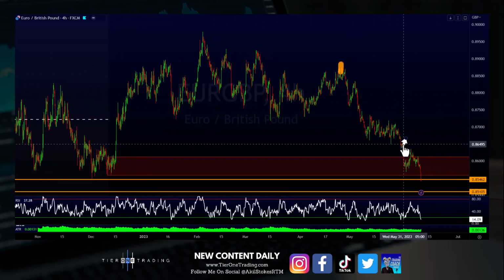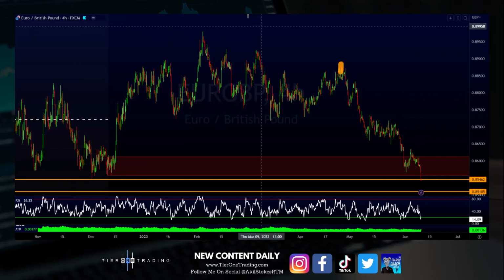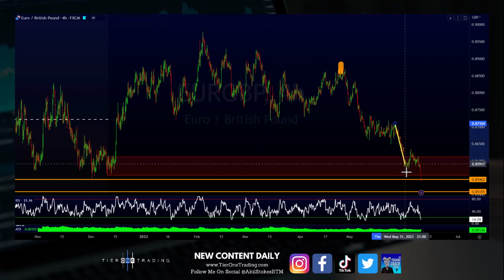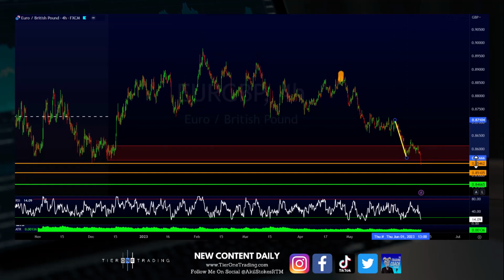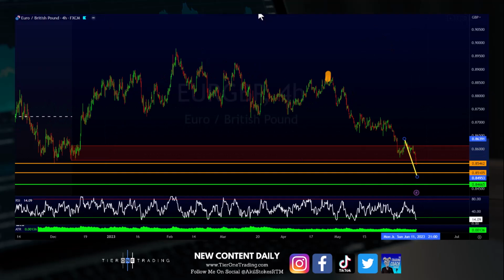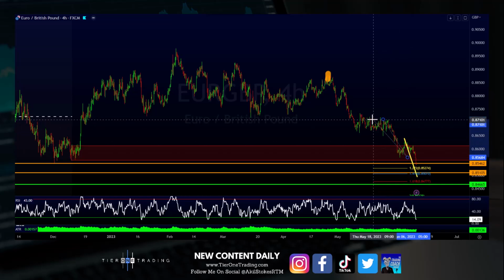Similar to what we did before, I'm going to take our most recent move, our swing high to swing low here. Look for a potential AB equals CD pattern, see where that would put us. Going to put us right there, so we're not getting a lot lined up. And let's take our Fibonacci extension, swing high to swing low once again, and back up. And we're not getting a lot lined up. So we have a 161 a little bit further, our high volume spike a little bit lower, 127 a little bit higher. So this one's going to take some work to figure out where we want our targets to be,